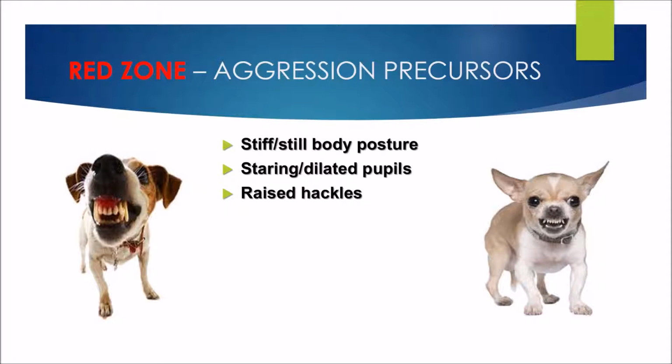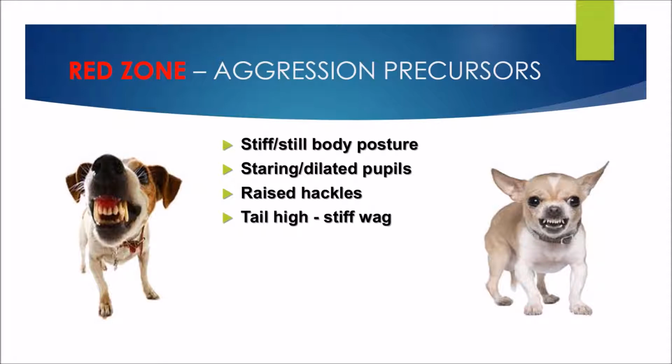Now, hackles, just really importantly to touch on, is only a sign of arousal. So like we said in previous slides, it is about reading the big picture. So if we see hackles up and the dog is really stiff and still with big dilated pupils, absolutely he's in red zone. But if, for example, I've got a little puppy coming down to puppy class and he is play bowing and bouncing and he's got his ears pricked forward and he's just really bouncy and excited, but his hackles come up a little bit, that is just excited arousal. So it's one where it's really important we do read the whole picture.